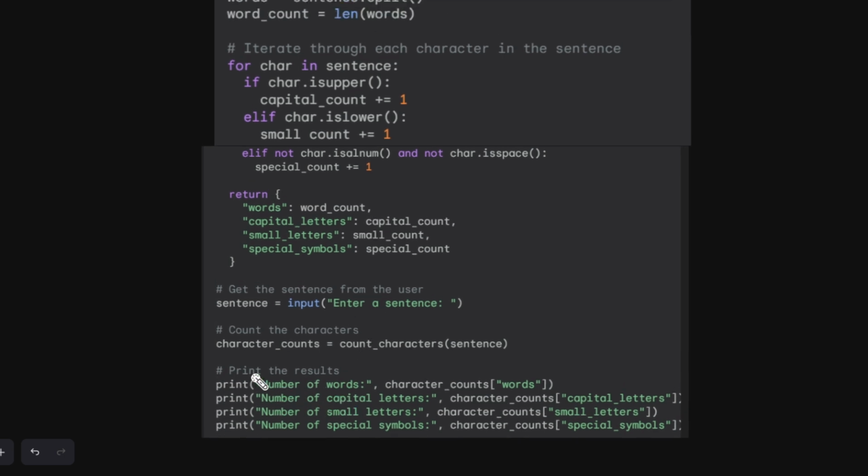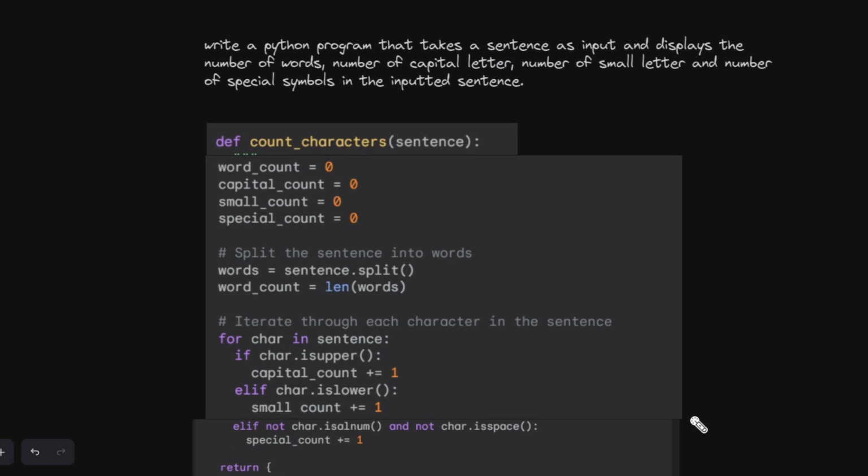Like now you can print. First of all we will take a sentence as an input, and then we are going to count the number of characters, and so basically in this function we are calling our main function, and then we are going to print first of all the number of words, number of capital letters, number of small letters, and then in the end we are going to print the number of special symbols. So that's how you can write this function. Just run this code,